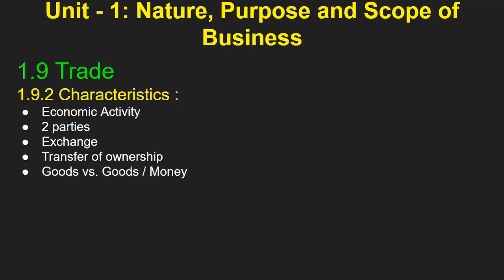Now exchange is done either by the goods versus goods, or exchange is done by the goods and money, right? An amount is always paid wherever the goods are exchanged, right? So this is very essential term or essential part as a characteristics of trade, right? Now we all know that business is a continuous activity, therefore trade is also a continuous activity. The value of the goods or service is determined in terms of money. That is, the evaluation is done with money wherever you are taking any service or you are exchanging any goods, right?